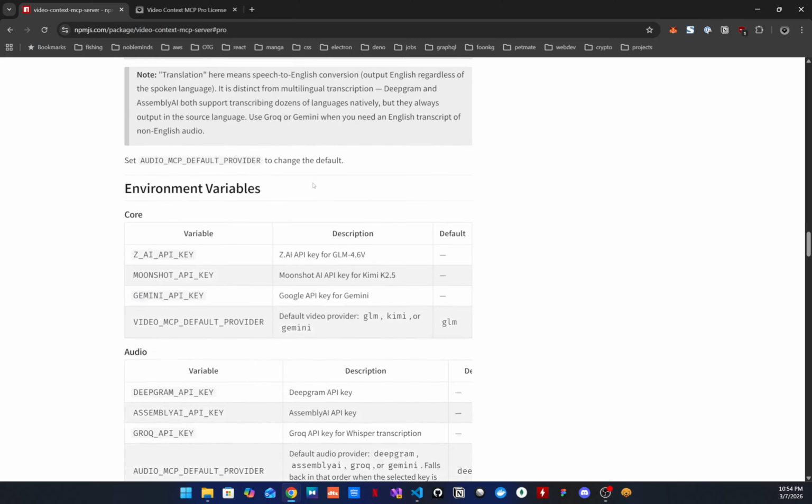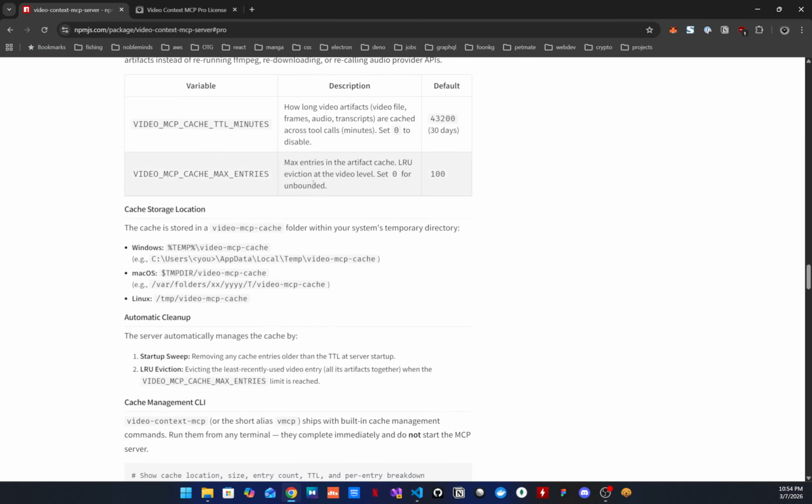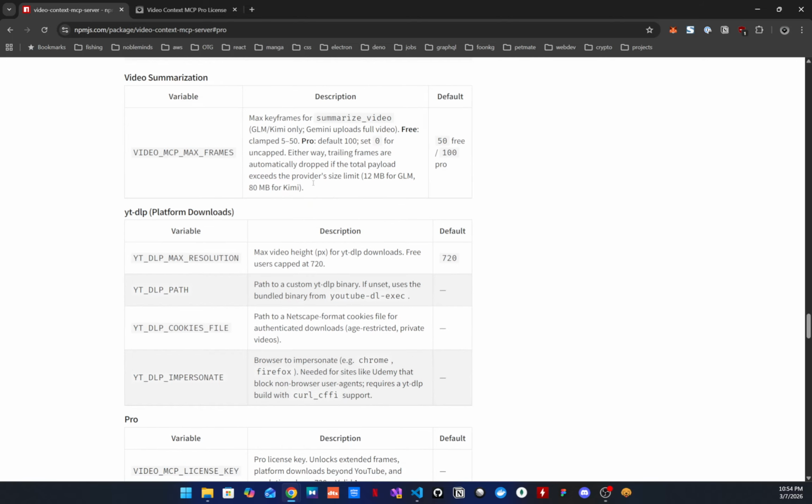But if the Pro user sets this to zero, it will be uncapped. So it will take as many frames as possible. You could also manually set it to another value like 200 or whatever value you would like to set.